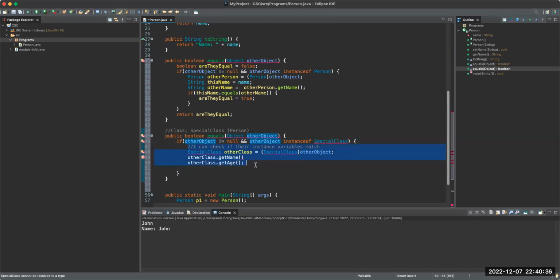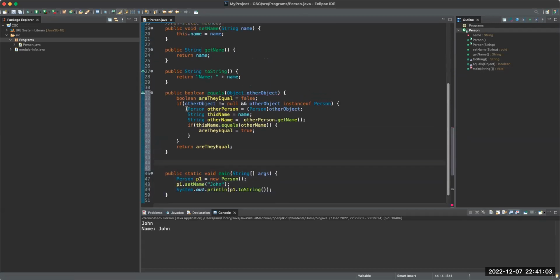What this piece of code is saying is, don't check their attributes if they're not even of the same type. I'm not going to compare my attributes with those of an animal because we're not of the same type. You compare a zebra with a zebra, not a zebra with a human. So they both have to exist and be of the same type. Then you can go ahead and compare their eyes and their legs. That's what we're doing here, comparing the name and the